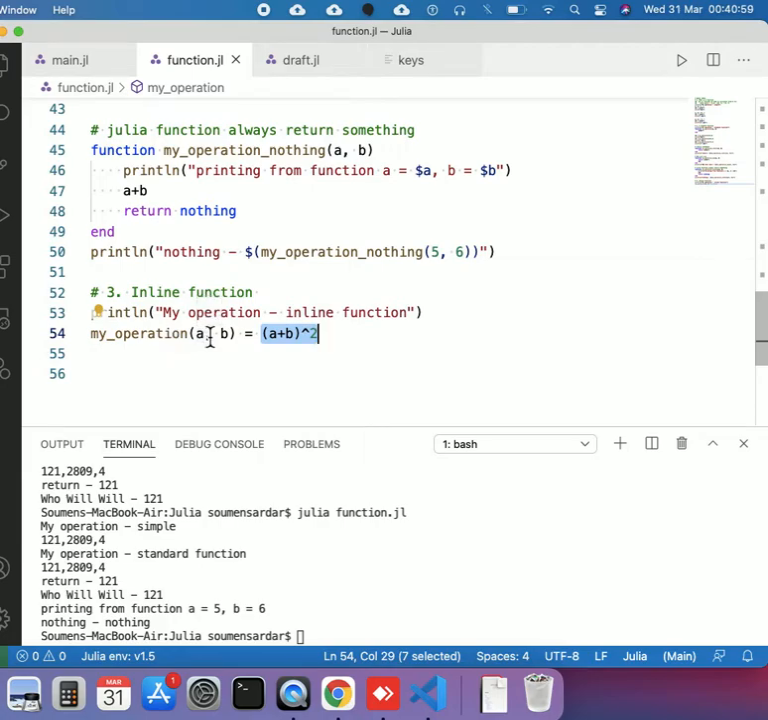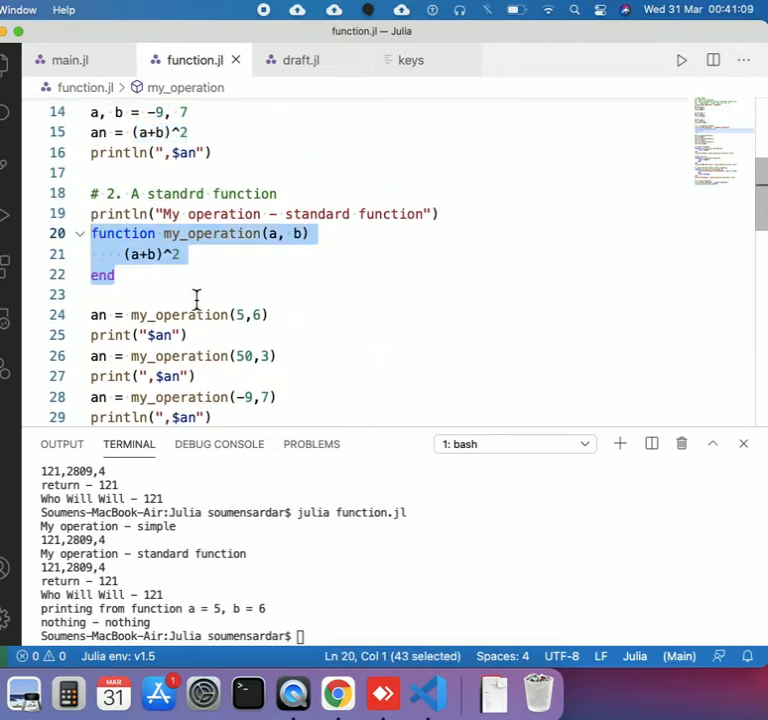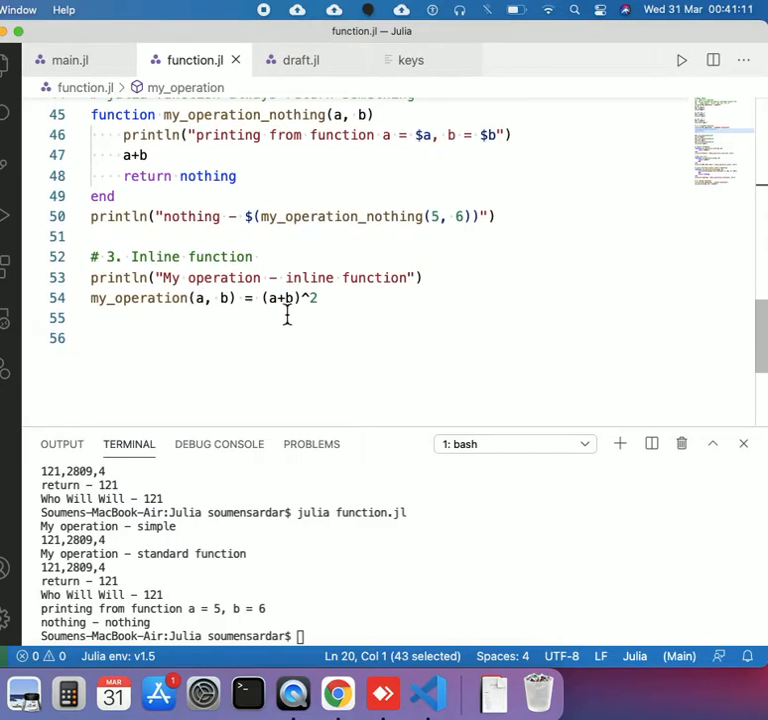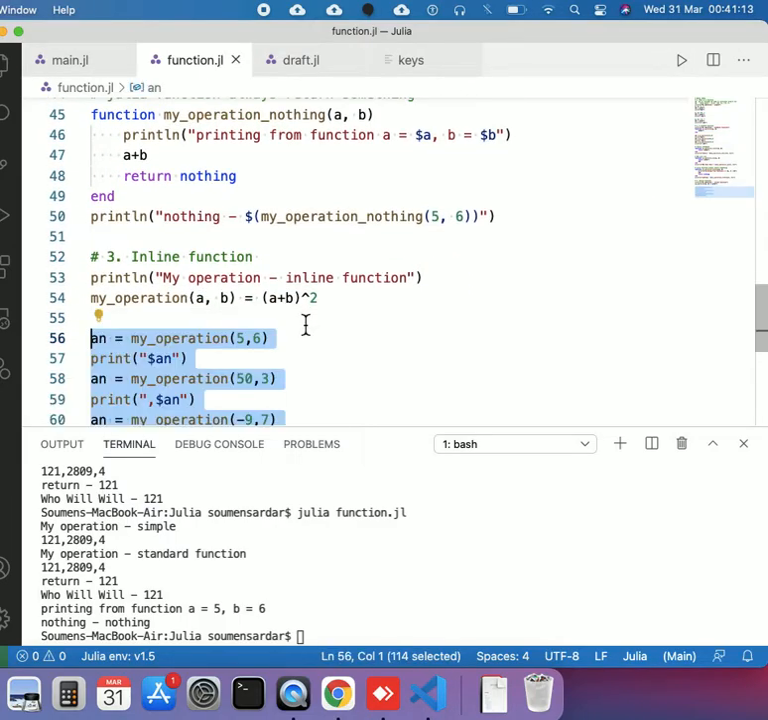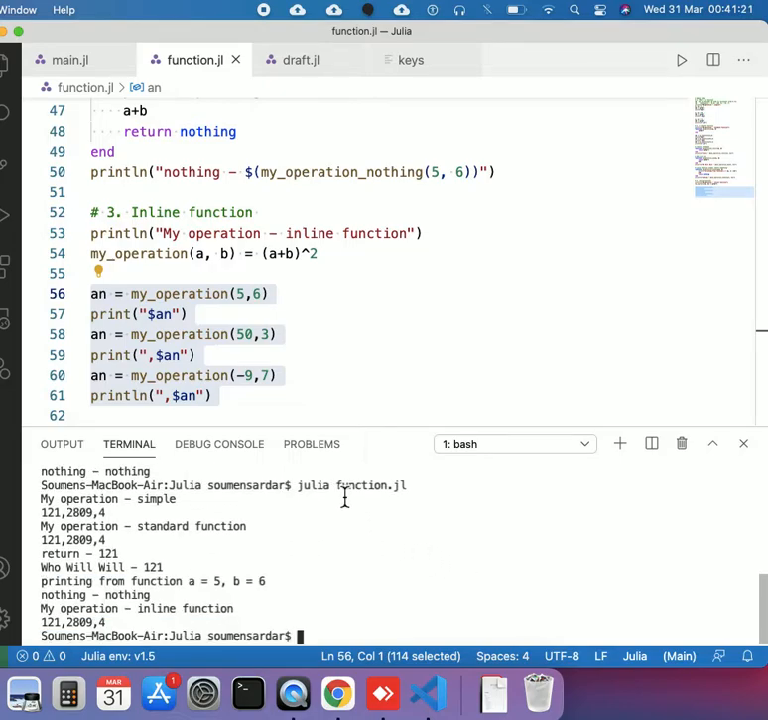So my operation a comma b equals a plus b whole square does the same as this one with much less code. And if we perform the same steps again on 8, you will see the same values. So this is the simple operation, this is the standard function, and these are the values with the inline function. So far so good. Now